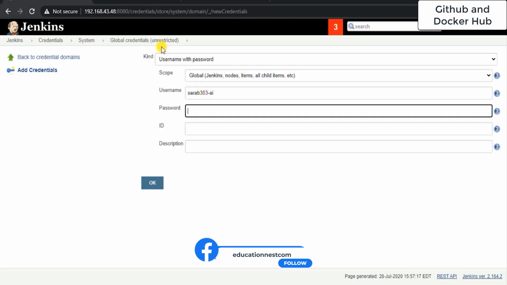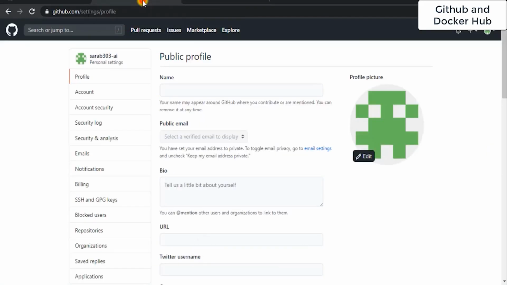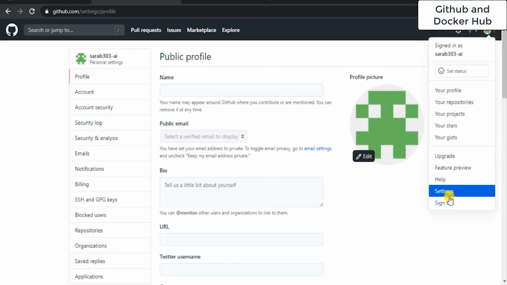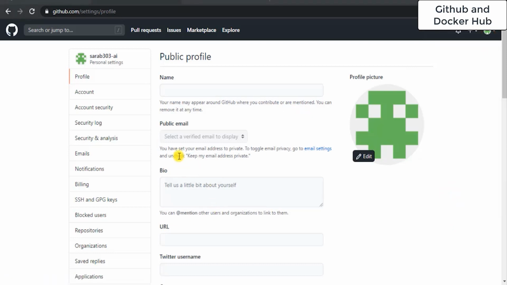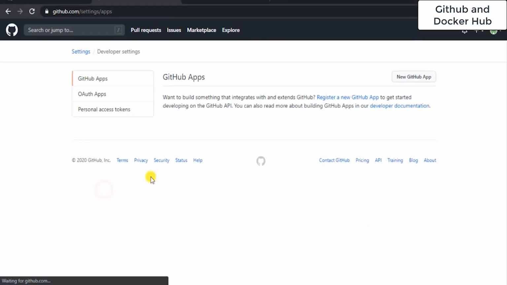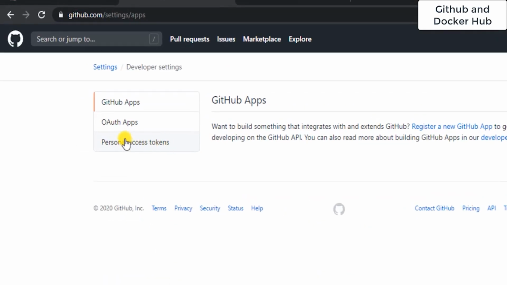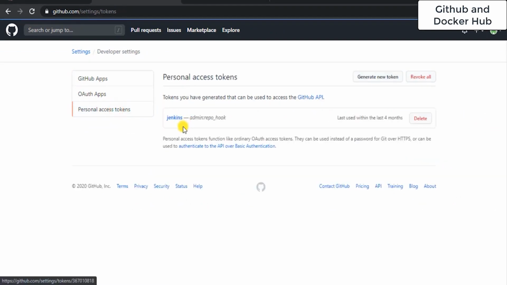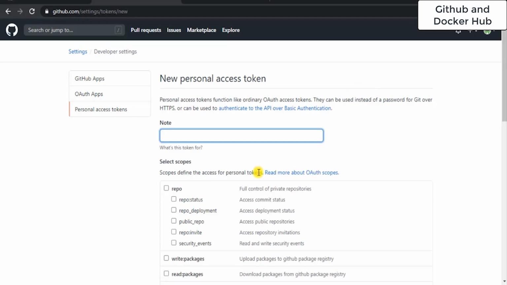For the password I'm going to use a feature that is good for security purposes in GitHub. So once you go to Settings, just scroll down, and here is Developer settings. Click on Developer settings, and here we have Personal access tokens. So we can generate a new token. Just click on Generate new token, and I will give it a name like CI/CD